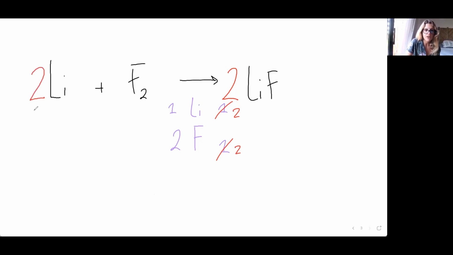The key thing, we can only use big numbers. We can never put little numbers next to the elements because this changes the identity of the compounds. That's really important. Okay. If you did that though,